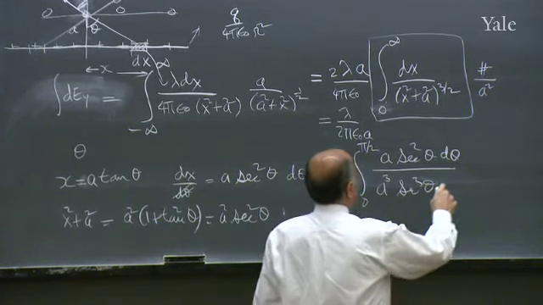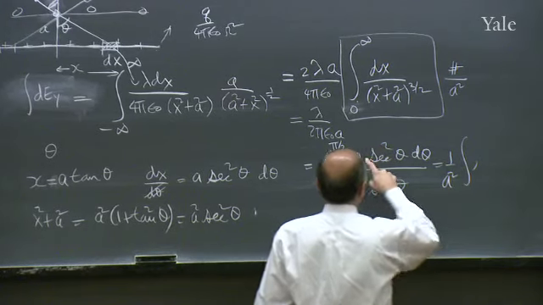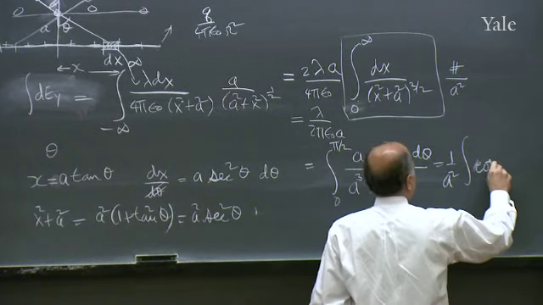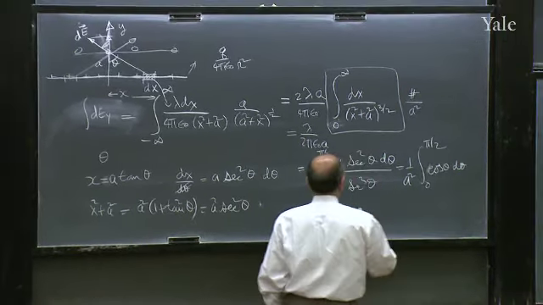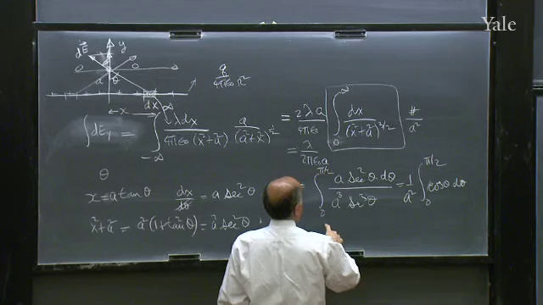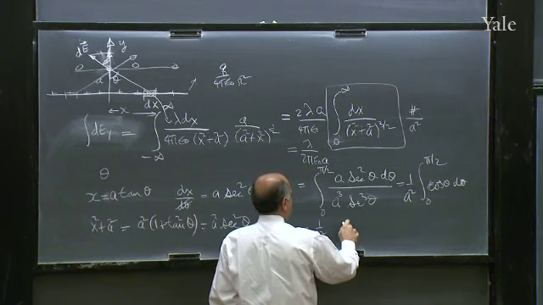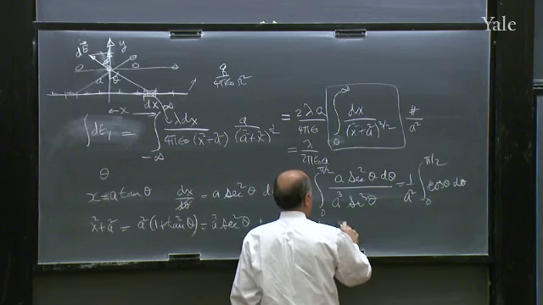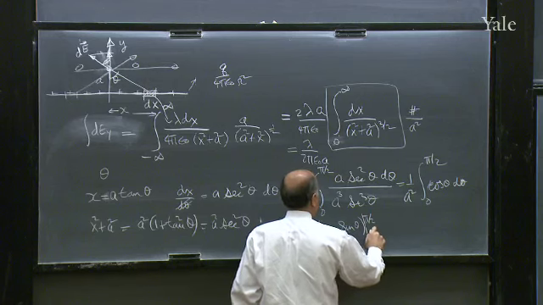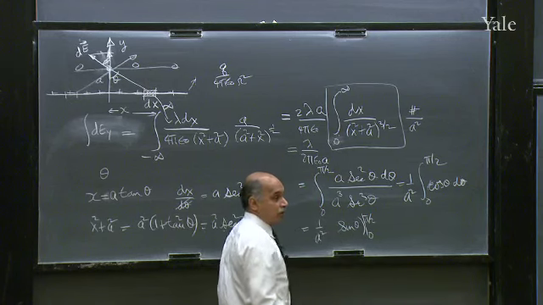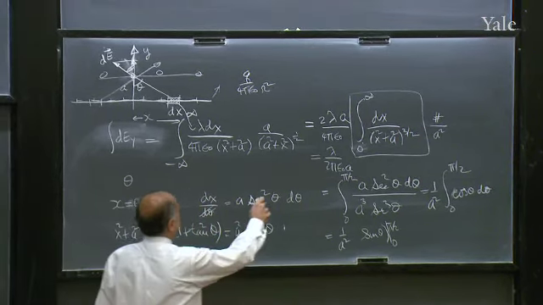So what do we get? You can see, as promised, I get a 1 over a squared, and I get the integral of 1 over secant theta, which is cosine theta, d theta, from 0 to pi over 2. And the integral of cosine is sine theta, from pi over 2 to 0. That just happens to be 1. So the final answer is what I gave you here,